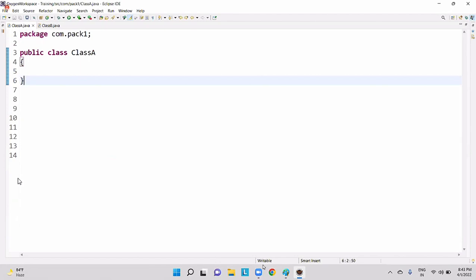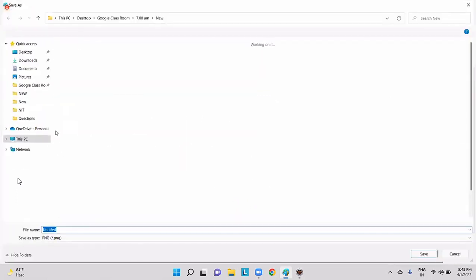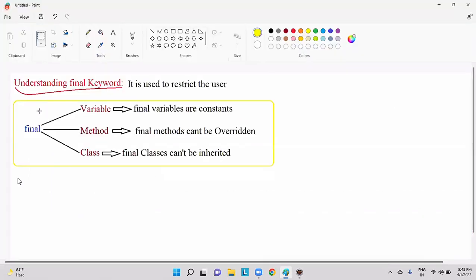Right, guys, our next topic is garbage collector. Let us try to have an idea about garbage collector.